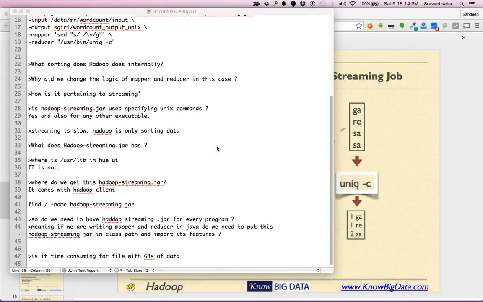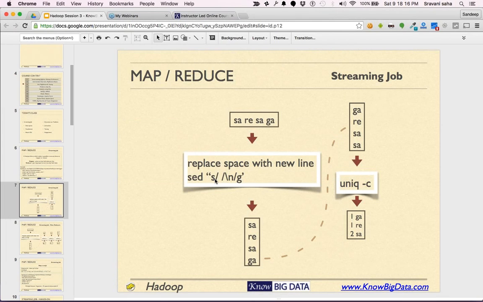Basically, it's going to execute your SED command very close to the data, so that you do not have to carry the data before being fed to the mapper.